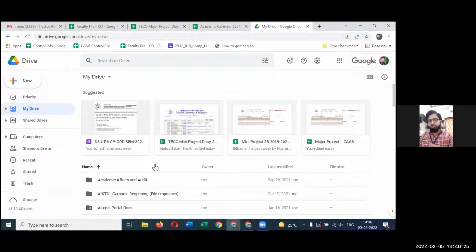So what is the solution? What we should do? Instead of that, we should make use of the services which are freely available to us through Google. Okay. And specifically through Google Suite. Now into this Google Suite, you have all those required apps.